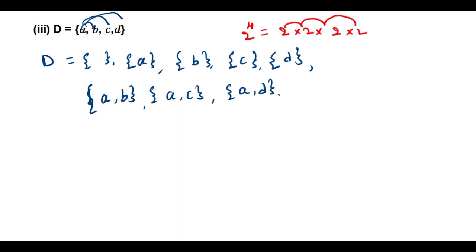BC. BD. Okay. Next CD. Don't think again, like we did not write BA or CB. Either BA or AB, here I have already written AB or B comma A. Both are the same set. So we need not write that one again.